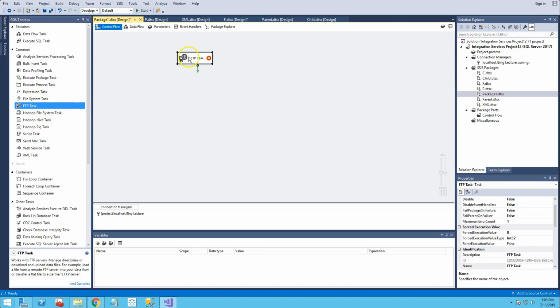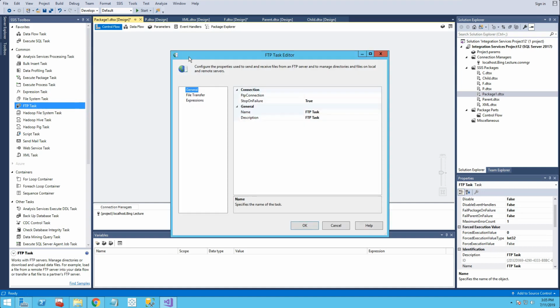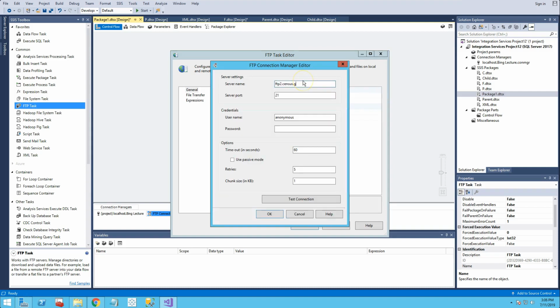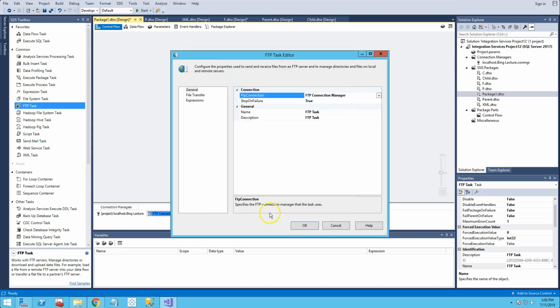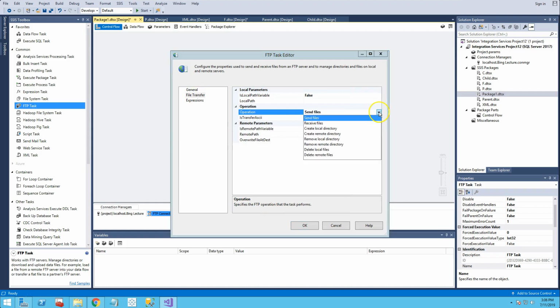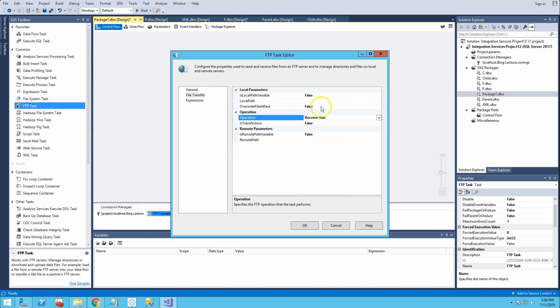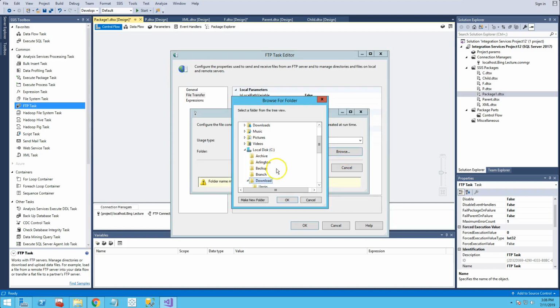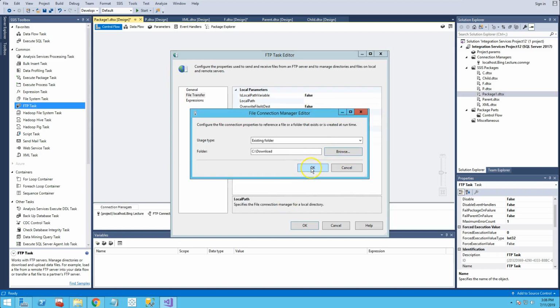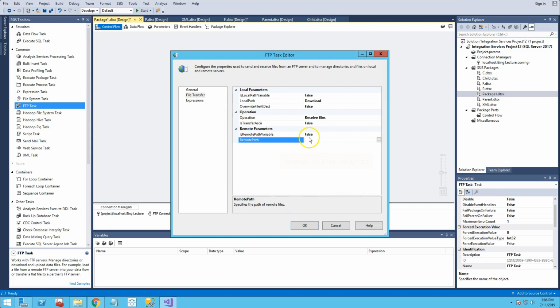Firstly, drag in one FTP task. FTP connection, type in the server name. File transfer operation is receive files. Local path is download. Remote path is